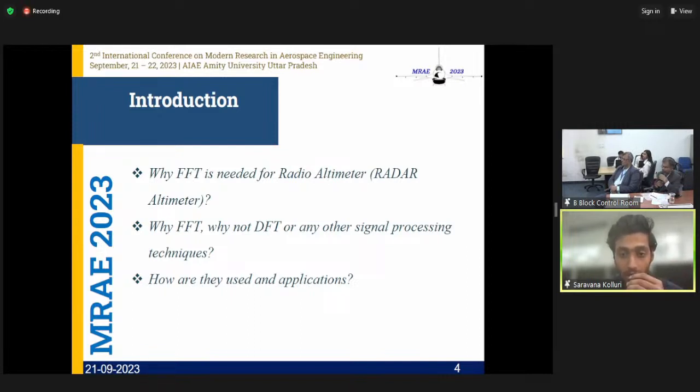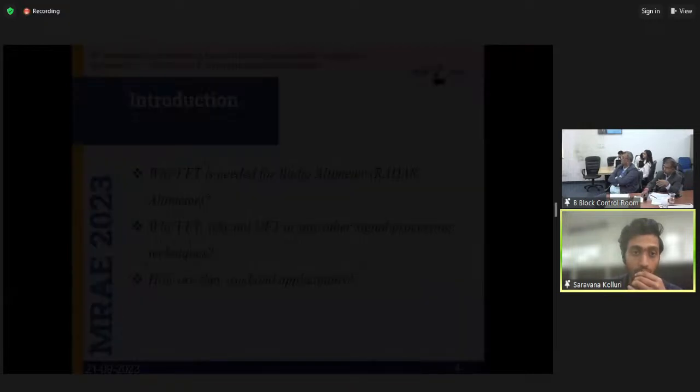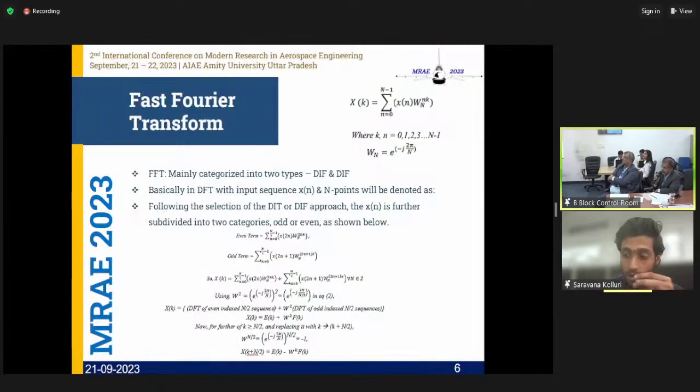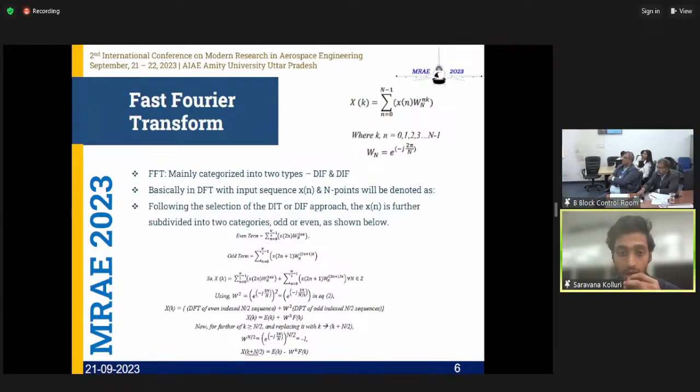When it comes to applications, they are not only used for radar. It started with audio and video, and not only audio and video but also IR, LiDAR, everything. In the literature review, I have focused on implementing the RTL. Coming to the main methodology I have used, normally the FFT is based on